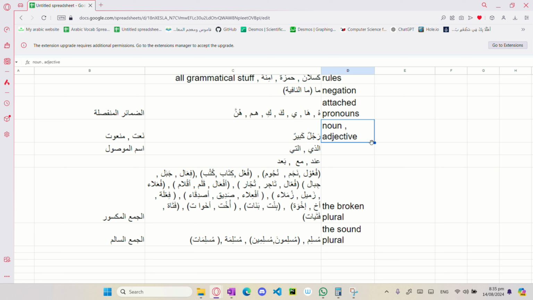So the sound plural basically means that it has a constant way of becoming plural, and the broken plural has 20 to 23 forms of becoming plural. So there's like an ikhtilaf between people who learn Arabic, and some people say that you should learn the 23 form patterns, but I would not recommend you guys to do that. I would just recommend you guys to learn the singular and plural of the word by itself. Do not learn the pattern, since it's not practically possible to use those patterns when you're engaging in a conversation.